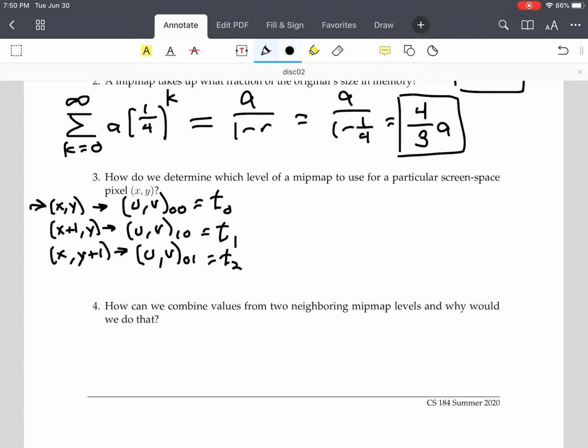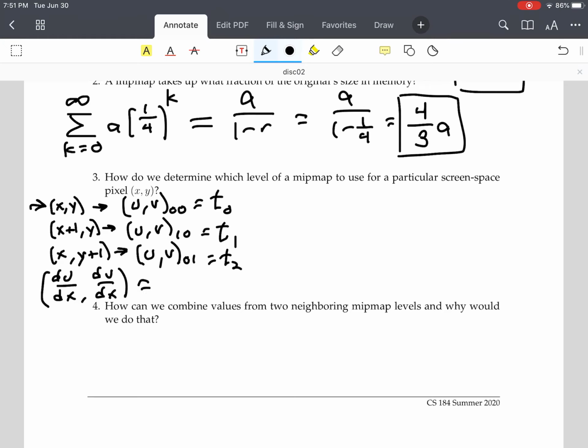Okay? So essentially, we've moved one pixel in x, one pixel in y, and we've calculated the new texture coordinates. Now what we're going to do is calculate some values, which are going to look like this: du dx and dv dx. So essentially, how much are u and v changing when we move in the x direction